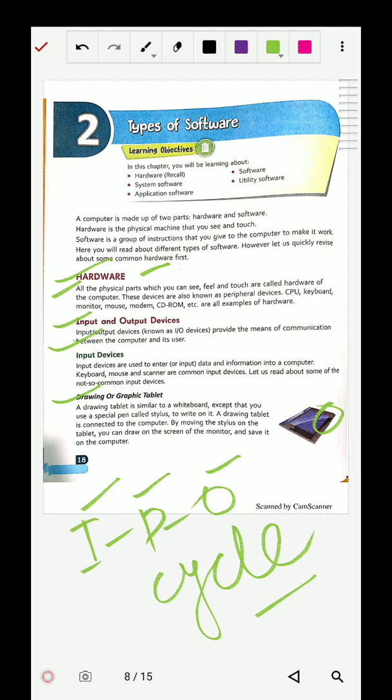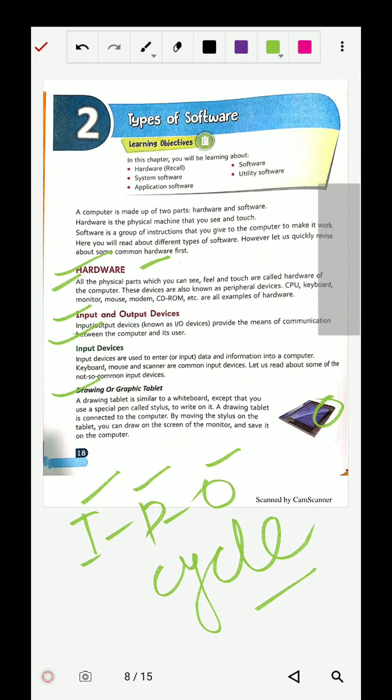When you write with the stylus on this touch type of device, the same thing you can see on your computer monitor, because the tablet is connected to your computer. So this is the first type of input device.